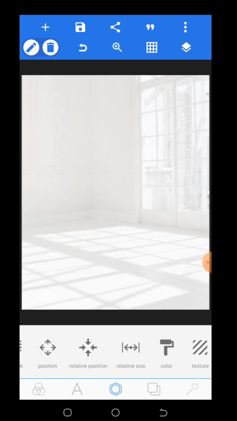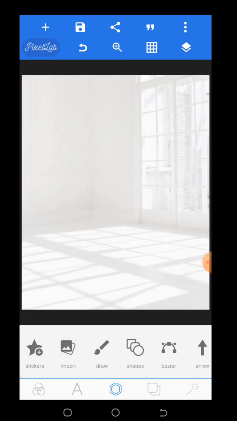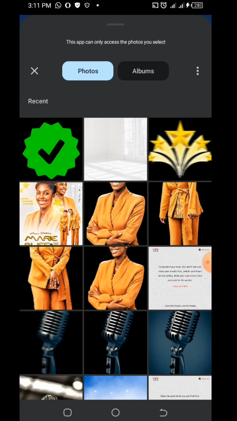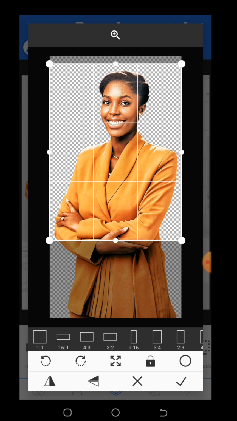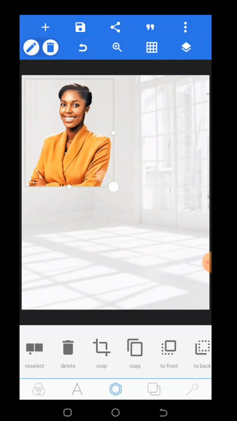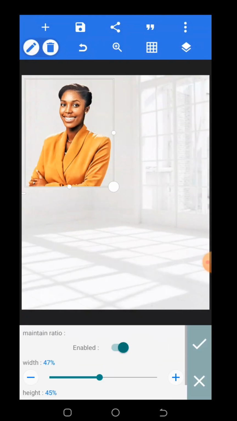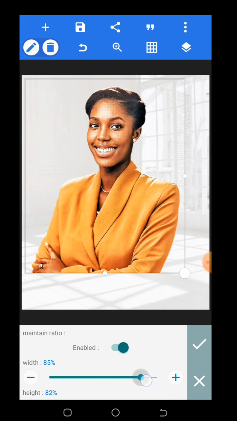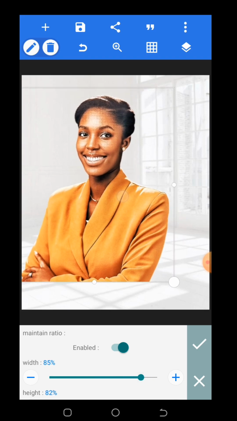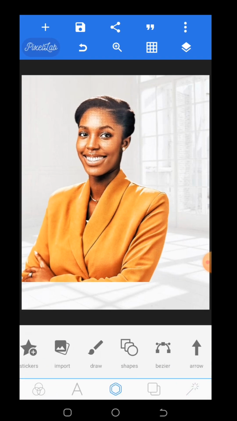So the next thing we want to do is to import the images. I'll be working with this first. Crop it since everything is not going to be showing in the flyer anyway. So about this. Check it. Then increase the size from here. Or you could otherwise use this. You increase the relative size to about 85. Then import the other image,